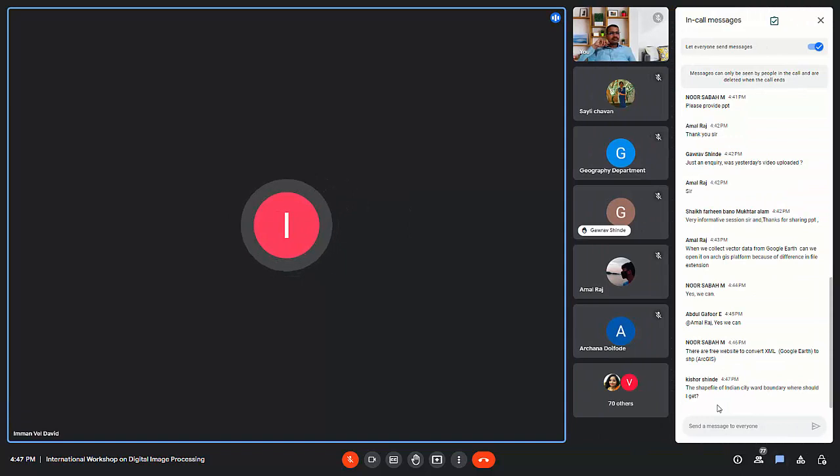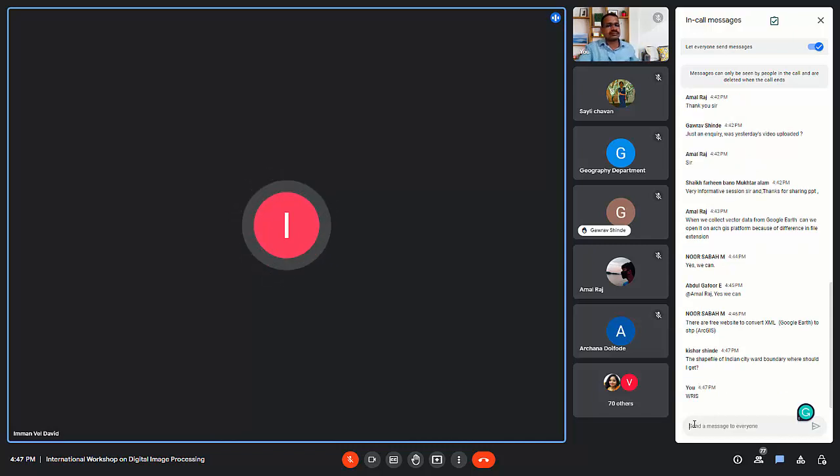If you are an Office user, there is an option, the feature to XML. You can search for that feature to XML. You can directly input the XML to convert to shapefiles.